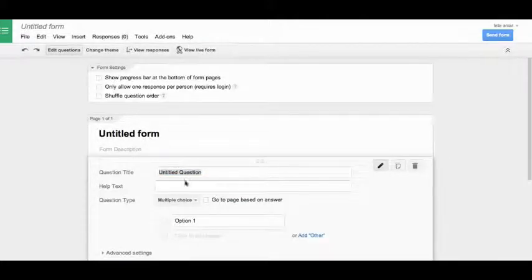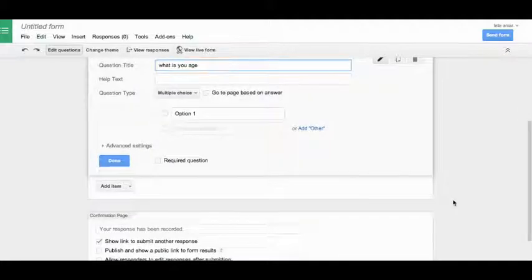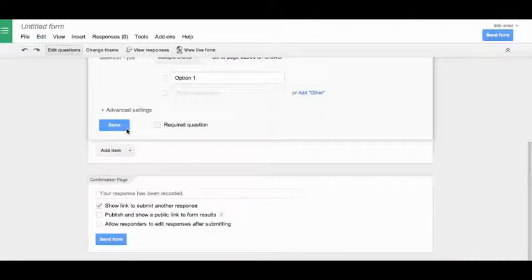You can easily read the steps and follow them. You can go through settings or make your questions here, and then you can change the writing format or anything you want. For example, I'm asking what is your age, and then you scroll down.